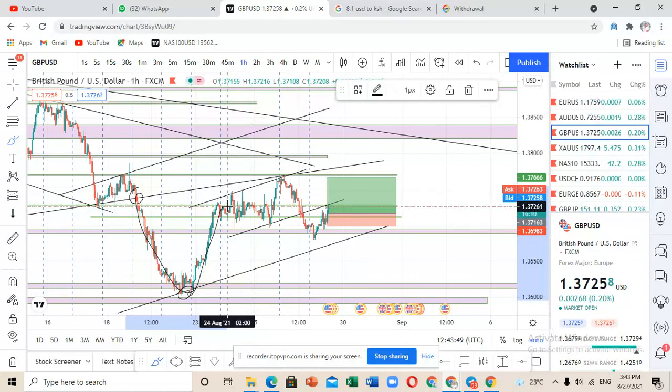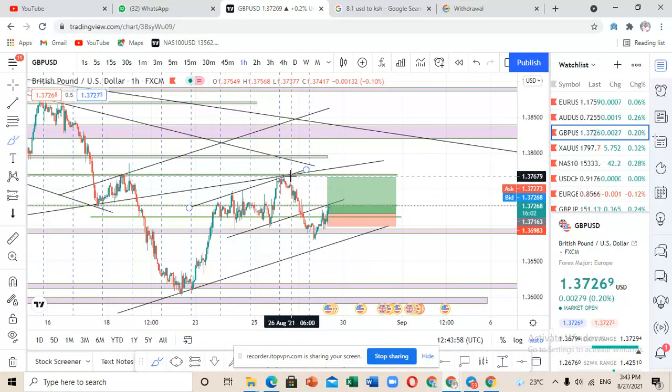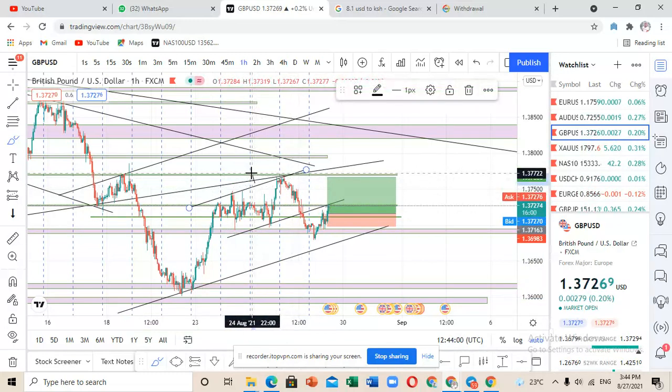You can see that we have also a bullish trend inside a bullish trend. You can clearly see that this was a bullish trend here, where the market was moving in between these two trend lines, the trend line above here and also the trend line that is below here.